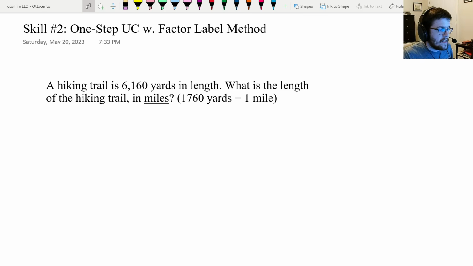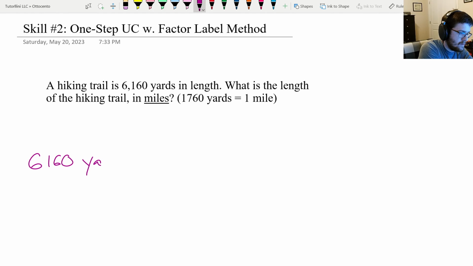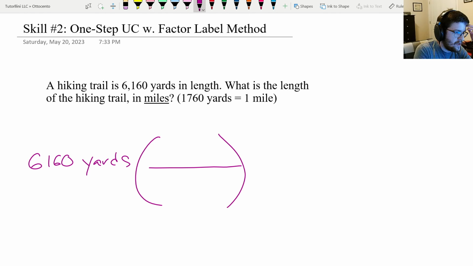Okay, so this one says a hiking trail is 6,160 yards. So that's what we're starting with. So we're going to write that down first. And now I'm going to make a parenthesis. And I'm going to put